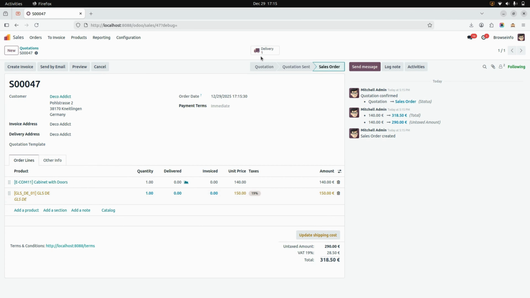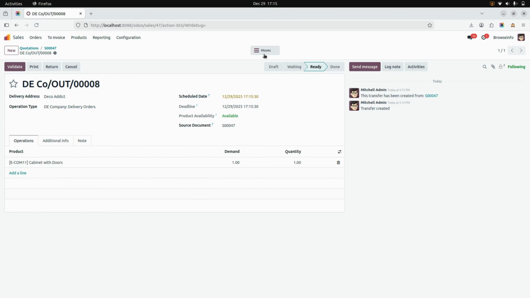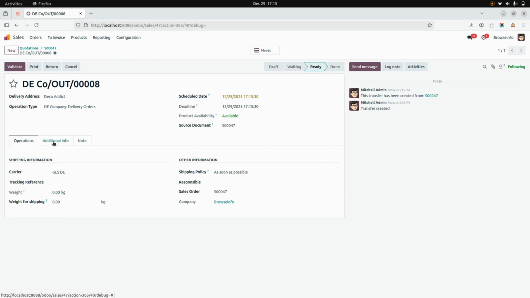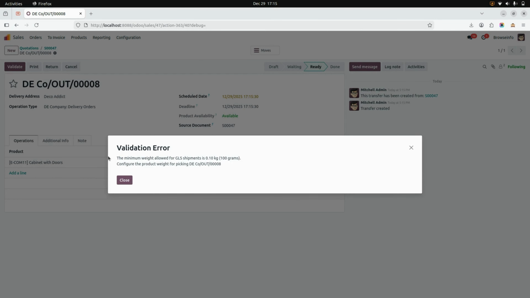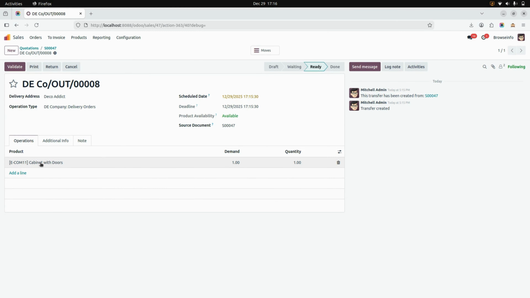Here you can see the delivery operation is generated, and under the Additional Info you can see our shipping method is configured also. So I'm going to validate the same. Here you can see it is showing a validation error that you have to set up the minimum weight for the product. For the same, I'm going to the product form,